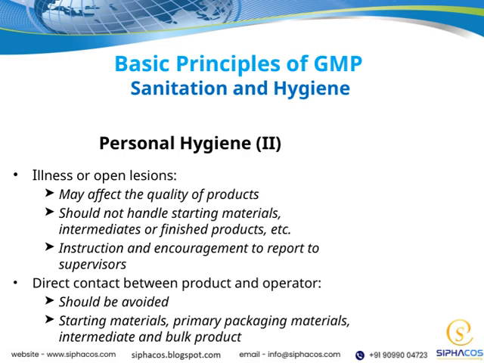This means that any open lesions or contaminated hands could potentially introduce risks, so we need to be cautious. Additionally, starting materials, primary packaging materials, intermediates, and bulk products must be protected from contamination, which makes good personal hygiene practices even more critical. At the core of GMP, sanitation and hygiene are fundamental principles. They help us ensure the safety, quality, and efficacy of the products we handle. So, always be mindful of maintaining high standards of personal cleanliness and follow proper protocols to keep our manufacturing environment